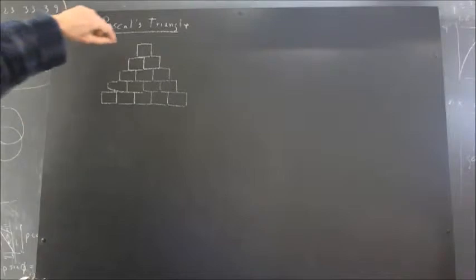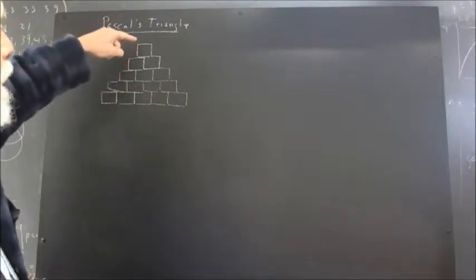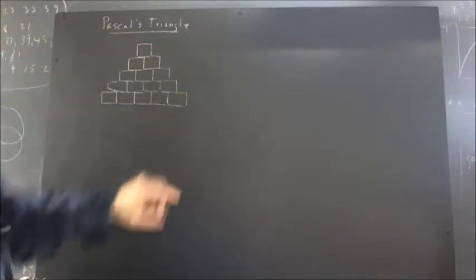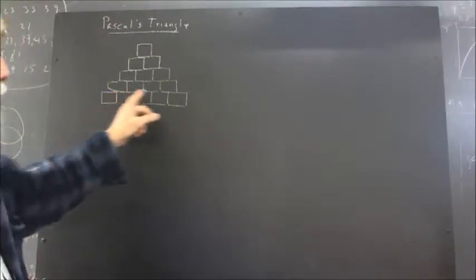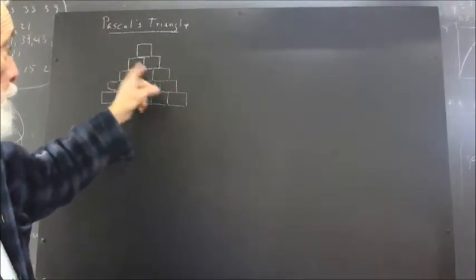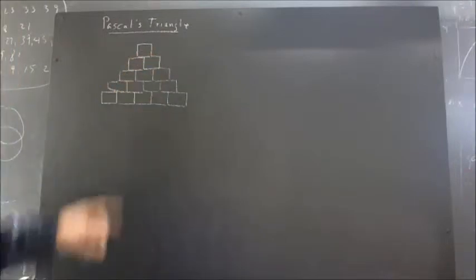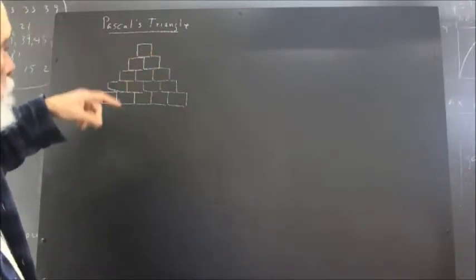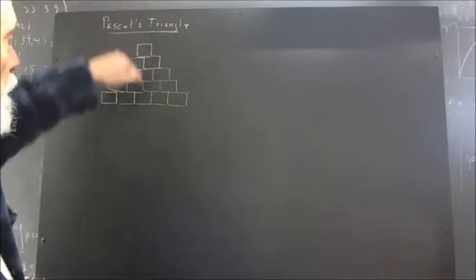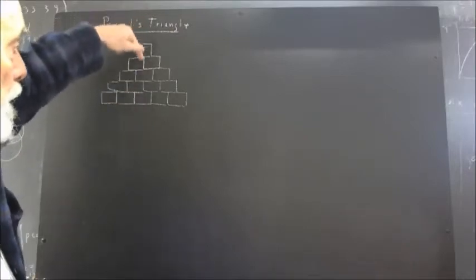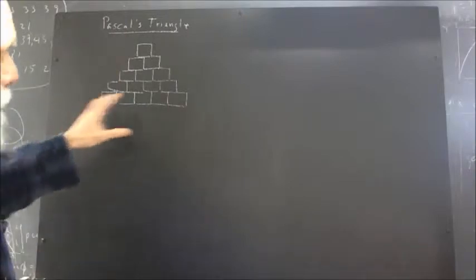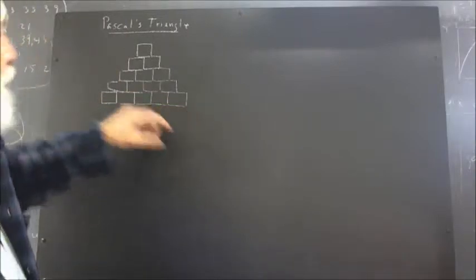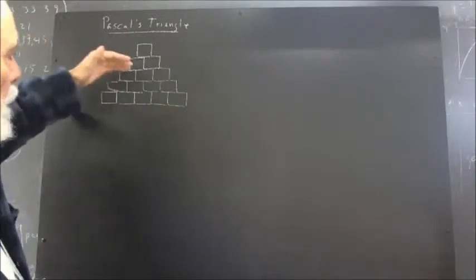Okay, well, Pascal's triangle, first of all, I've got a set of blocks here. I've got 5 blocks down here. Immediately above that, I've got 4 blocks, then 3, then 2, then 1. And each set of blocks is centered along the same line, so we have kind of a line of symmetry down through the middle of this thing. This is pretty much how you would naturally stack 4 blocks on top of 5, 3 on top of 4,